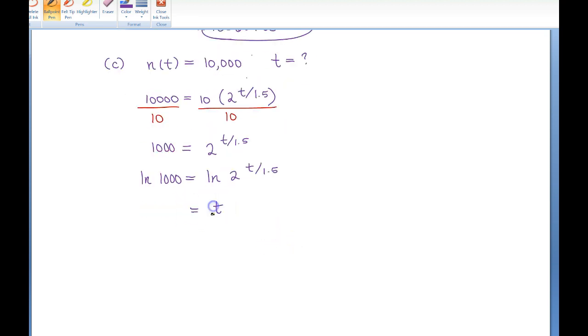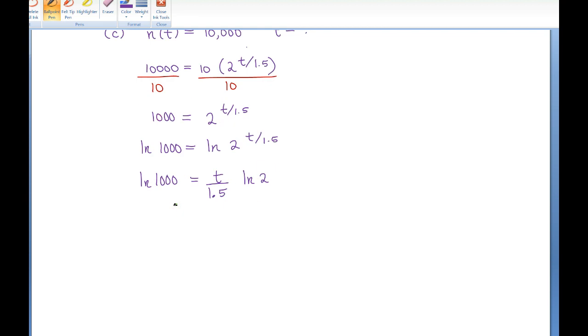So the t over 1.5 moves to the front of ln of 2. Okay, now I'm trying to isolate the variable. So you can put the ln of 2 in the numerator, so I have 1.5 over ln 2 is what I end up multiplying